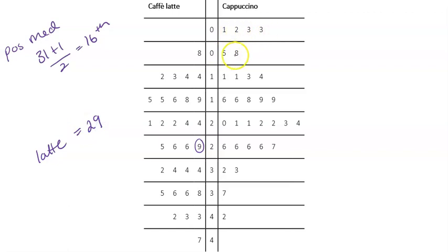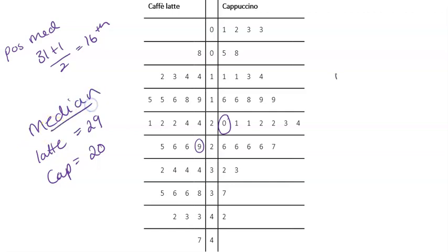Cappuccino, 1, 2, 3, 4, 5, 6, 7, 8, 9, 10, 11, 12, 13, 14, 15, 16. So for the cap, we've got it at 20. So our median is lower for our cappuccinos. Range, if we do a quick